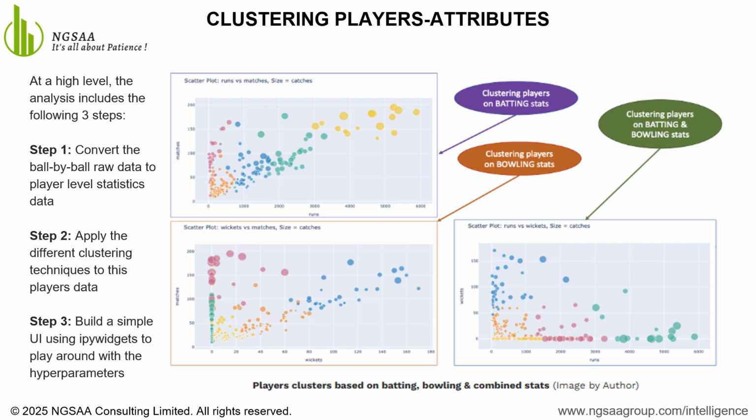Right plot or green cluster is combined batting and bowling statistics. Highlights all-rounders who contribute both with bat and ball. Critical for strategic team balance and match selections. Key takeaways. Optimizes scouting for IPL auctions and team selections. Enhances data-driven decision-making in player performance evaluation. Helps teams identify key strengths and weaknesses across different playing roles.